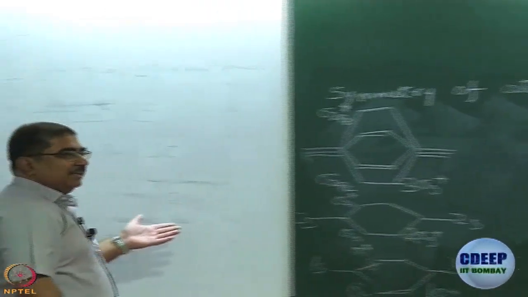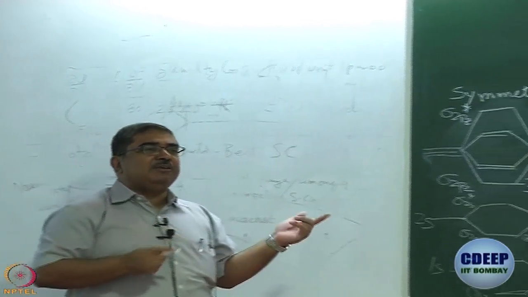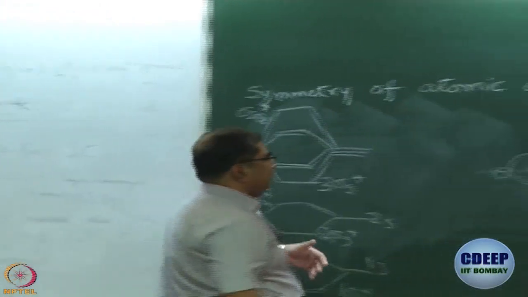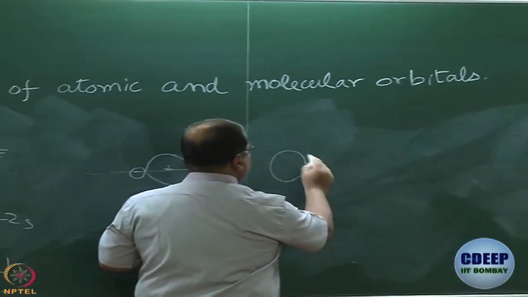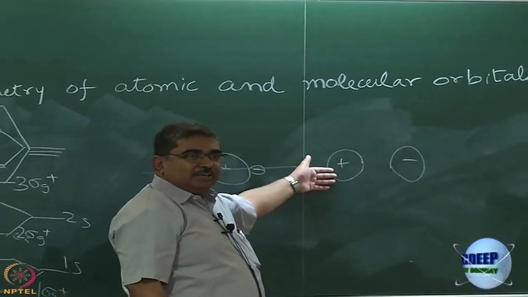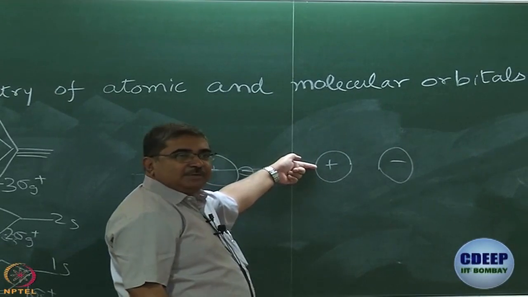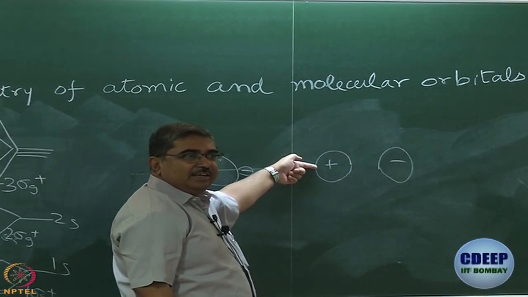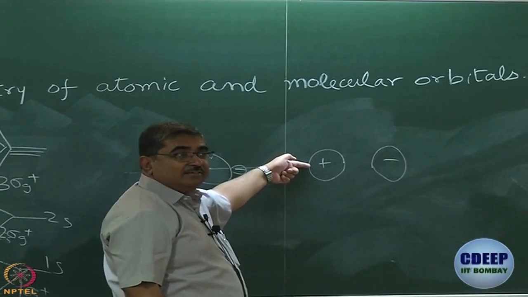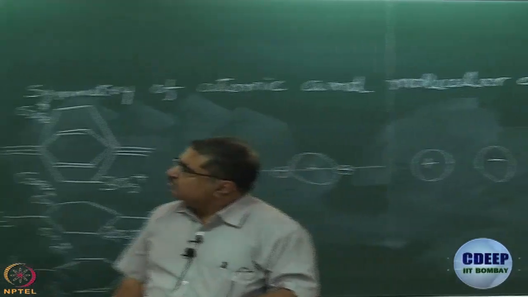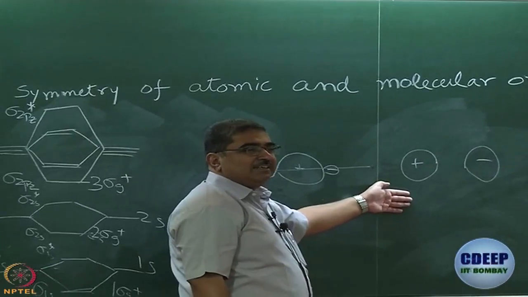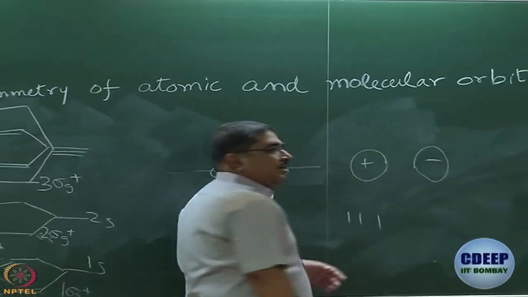What about the antibonding orbitals? Remember what was the antibonding orbital? We worked it out yesterday. Antibonding orbital sigma, something like this. For E the character is plus 1. For C infinity the character is plus 1. What is the next one? Yes, sigma v, yes, sigma v. What is the character? 1.